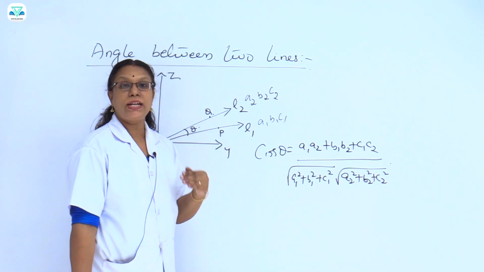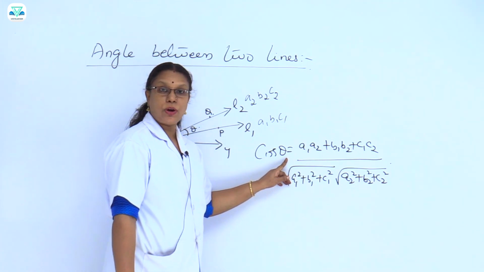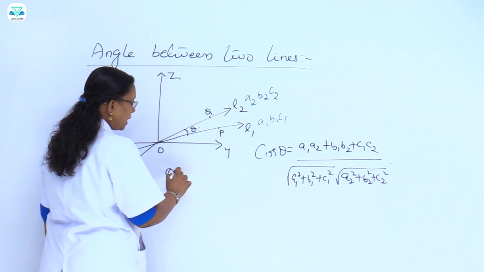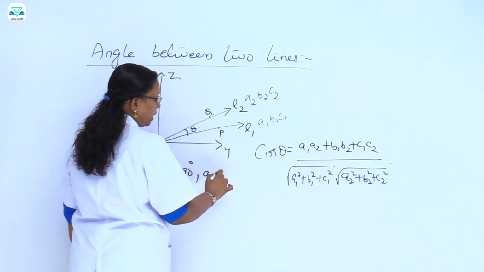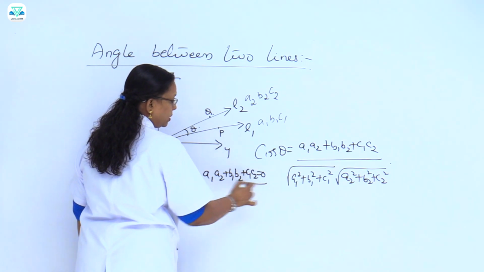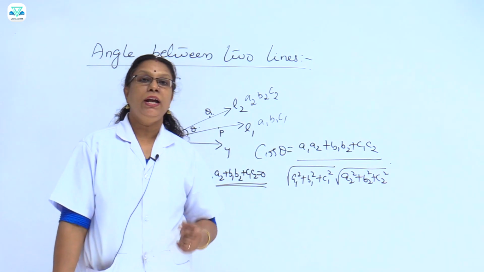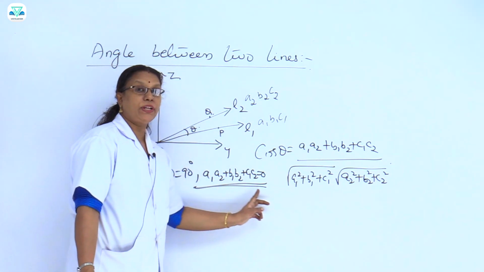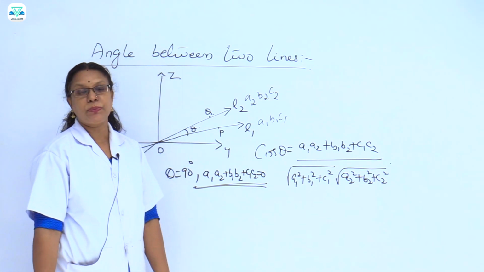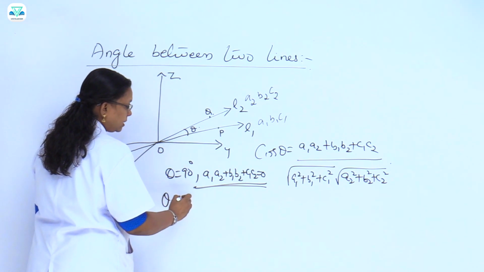Now, suppose the two lines are perpendicular, then theta is 90. So, cos 90 is 0. When we cross multiply the denominator, we get, when theta is 90 degree, A1 A2 plus B1 B2 plus C1 C2 equal to 0. This is a very important condition. So, when the two lines are perpendicular, the sum of the products of the direction ratios is equal to 0. A1 A2 plus B1 B2 plus C1 C2 equal to 0, and when theta is 0 degree, that is